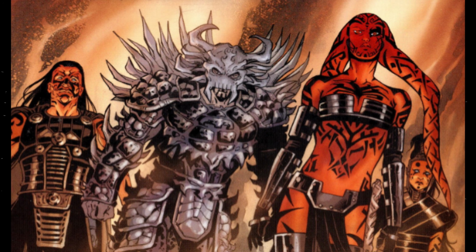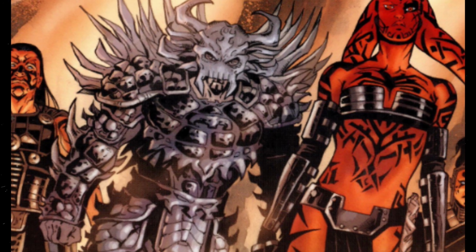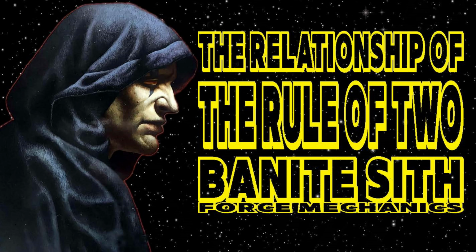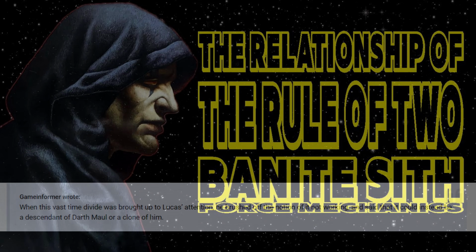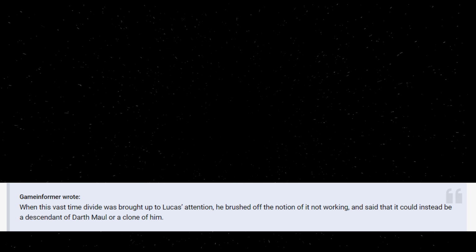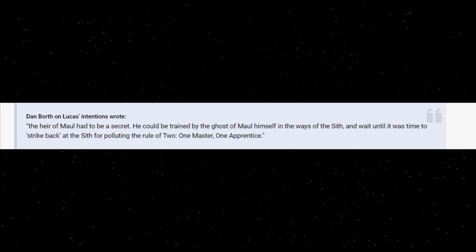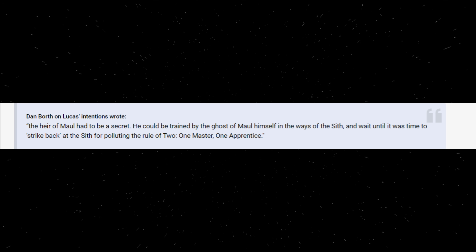One of the concepts of this game was going to have Maul challenge Darth Krayt's established one Sith order, and he was going to try and reinstate the rule of two. And when this massive time difference was brought to Lucas's attention, he essentially brushed it off. He didn't care, and he wanted it anyway, and he said, well, make it a clone or something. So what it ended up being was actually an heir of Darth Maul. It was Darth Maul's heir,